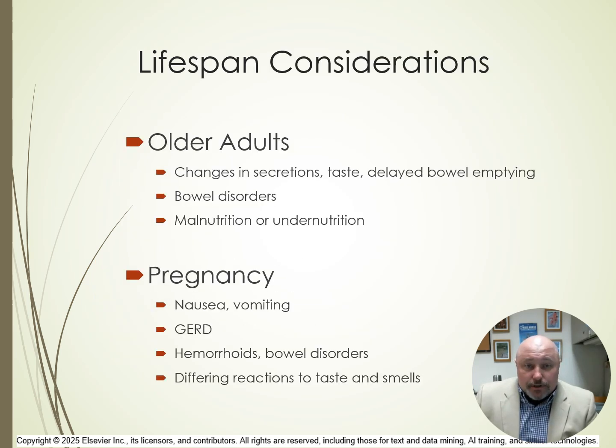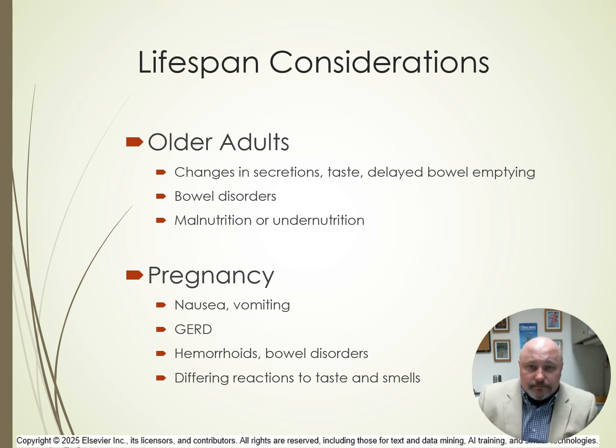In the case of older adults, changes related to the aging process include decreased salivation, or xerostomia, which is just a fancy word for dry mouth, which may change the patient's taste perception, delayed esophageal and bowel emptying, and increased bowel emptying, which further may lead to anxiety about incontinence, decreased thirst sensation, which may further lead to reduction in fluid intake. There could also be changes in gastric secretions and altered drug metabolism. The most common GI disorders in older adults are functional bowel disorders, such as chronic constipation, irritable bowel syndrome, or